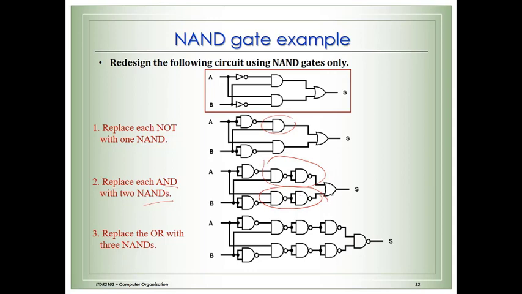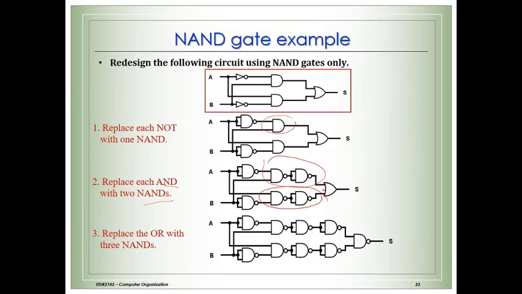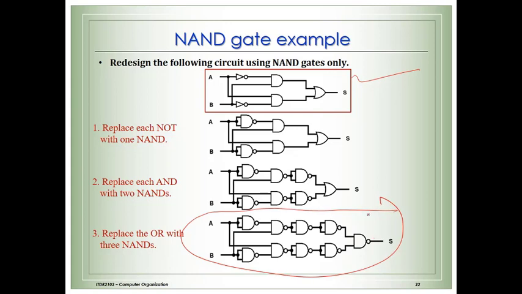Now in the next step we are replacing OR gate. We have discussed earlier, one OR gate can be replaced with 3 NAND gates. So this much we have done, right? Now this OR gate we are going to replace with 3 NAND gates. So this NAND gate, this NAND gate and this NAND gate, correct? So this is the circuit which is equivalent to this circuit, but all the gates are NAND gates, and the output is still the same. Output will be still the same for these two inputs.